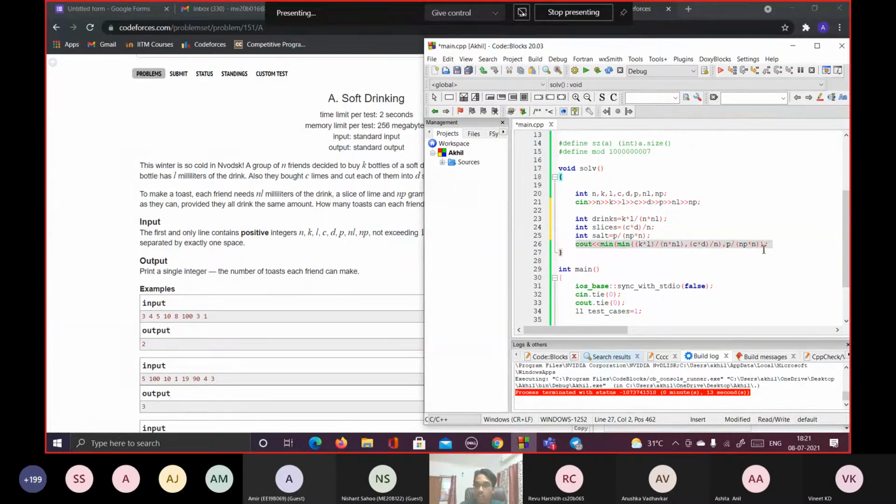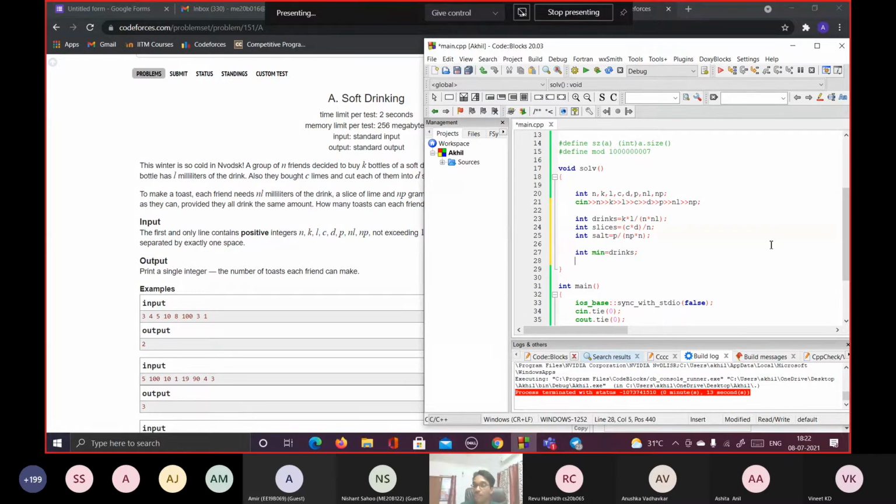Now, as I said before, you need to find the minimum of these 3 numbers. So you could again do it by the if else statement. Let's consider the minimum of the 3 quantities to be drinks.